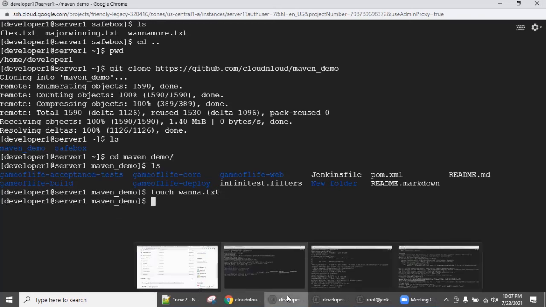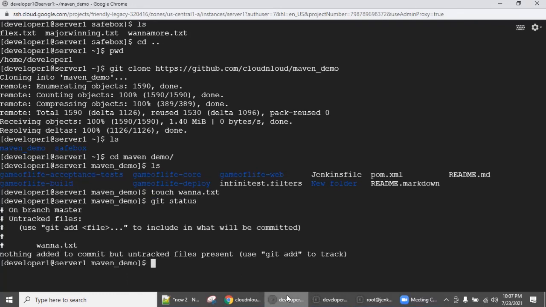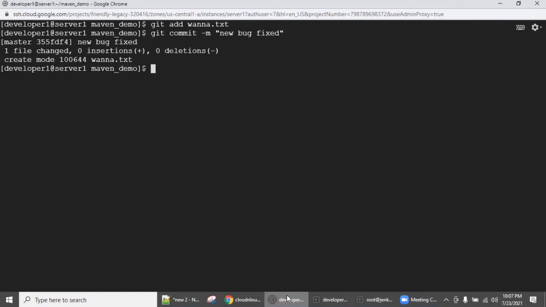So say git status, right? It has to be tracked. So say git add vana.txt, git commit -m, new bug fixed, something like this, right? So say git push.